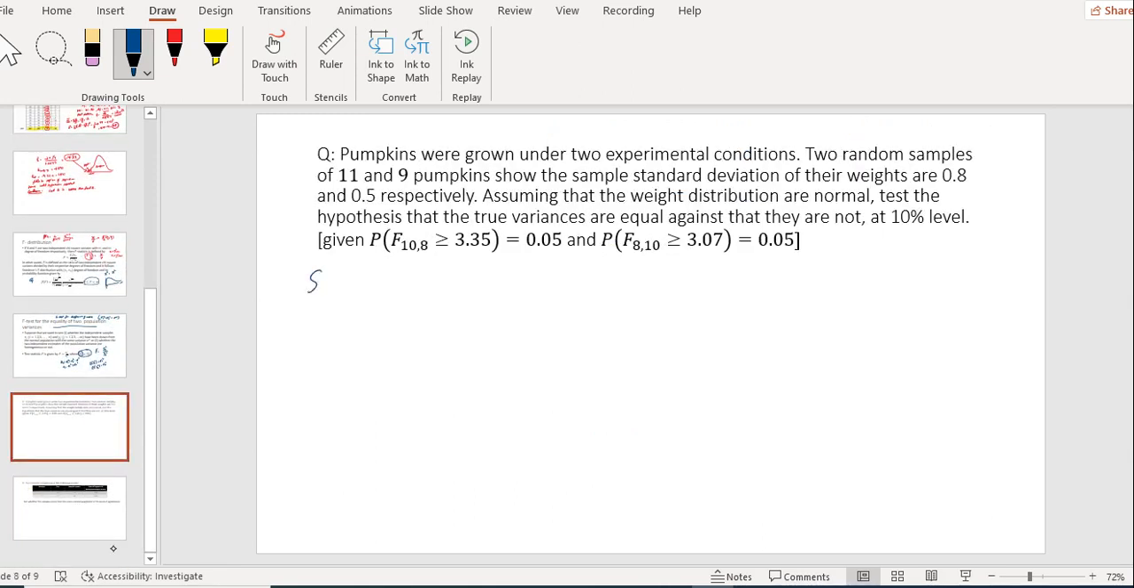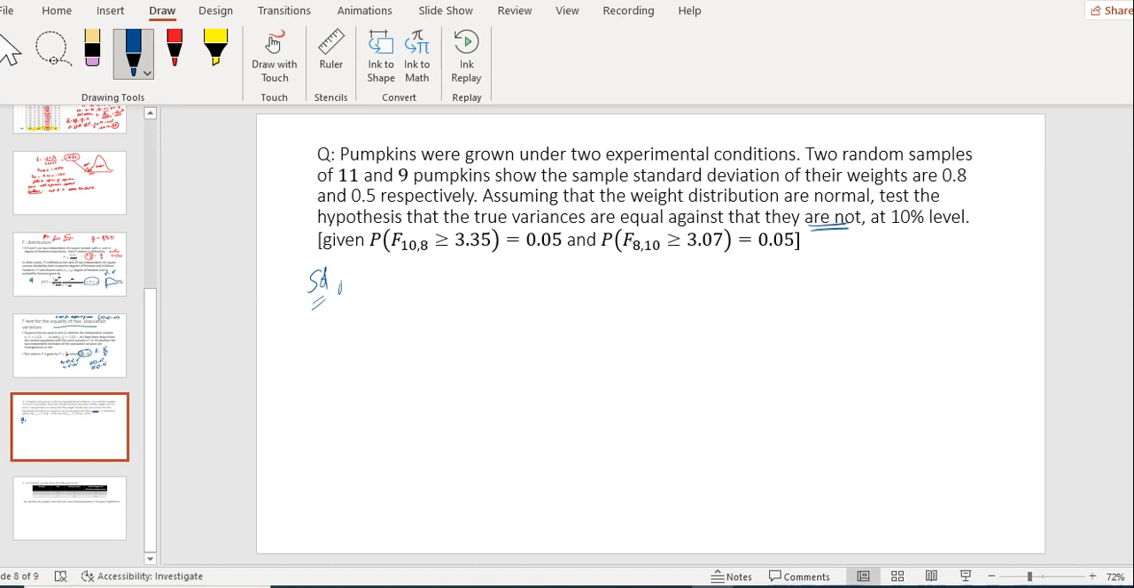Okay, so the question is given here: pumpkins were grown under two experimental conditions. Two random samples of 11 and 9 pumpkins show the sample standard deviations of their weight are 0.8 and 0.5 respectively. Assuming that the weight distributions are normal, test the hypothesis that the true variances are equal against that they are not. So in this case it is given that we need to apply a two-tail test at 10%